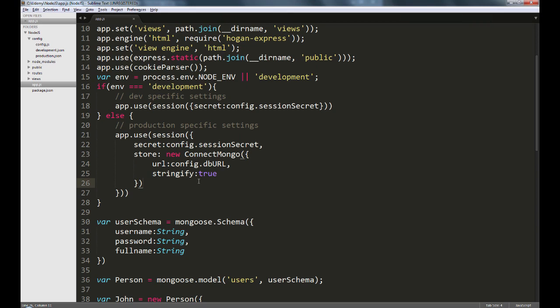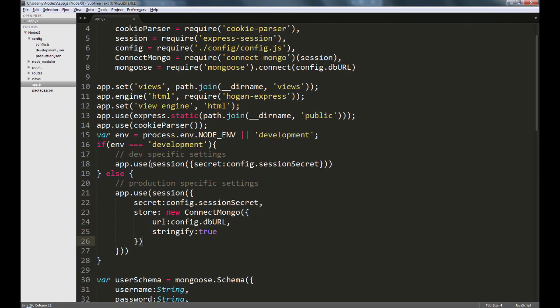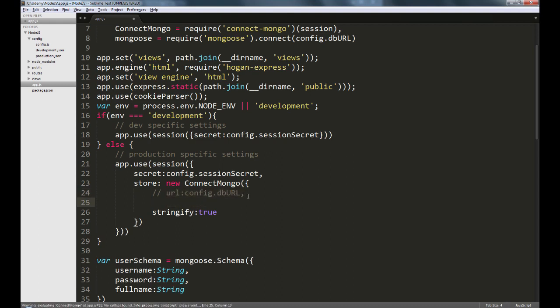Now, in the production specific settings that we created earlier for storing the session in a production environment, we were using the Connect Mongo interface. Now, the Connect Mongo was provided with a URL to the MongoLab account. Now, in this case, what happens is Mongoose creates its own connection and the Connect Mongo creates its own connection. So to avoid this, what we can do is disable this parameter, and instead we will call mongoose